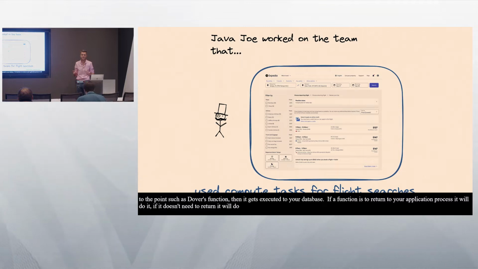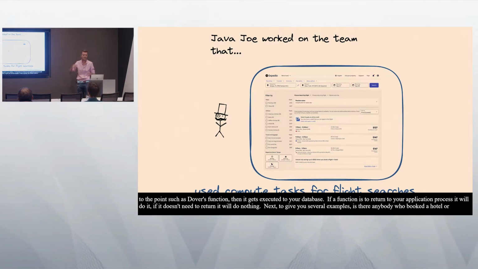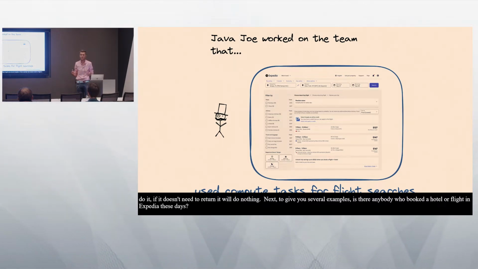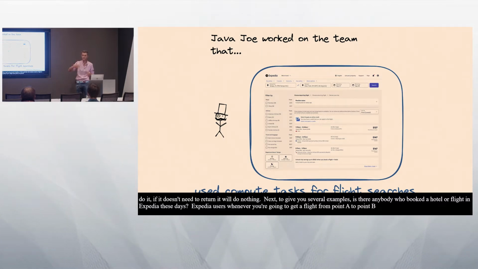Is there anybody who booked a hotel or a flight on Expedia these days? Yeah, at least I did. So Expedia actually uses, whenever you want to get a flight from point A to point B, Expedia runs compute tasks on the database side. They basically execute Java tasks, and those Java tasks pull different information. Sometimes they need to call APIs of different airline companies. And these kinds of compute tasks are executed for thousands and thousands of users who go to Expedia